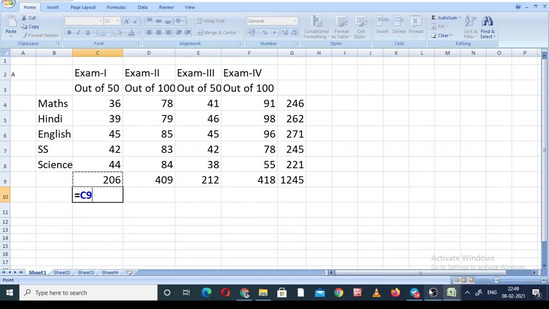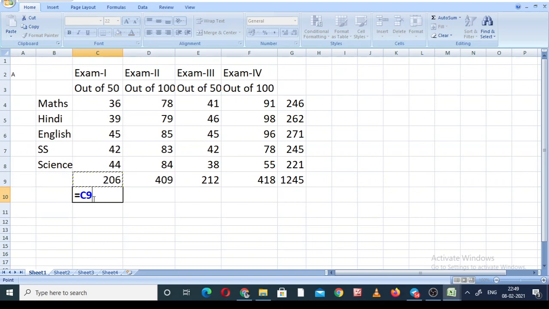So 206 is the scored marks. जितना बच्चे ए है, जो स्टूडेंट ए है उसका जितना जो स्कोर आया है, that is the 206. और 206 किस पोजीशन पे है? This cell is on the position of the upward side C and the left side onwards the 9. See, this is cell C, alphabetically, and if you see it from a numerical point of view, it is 9.